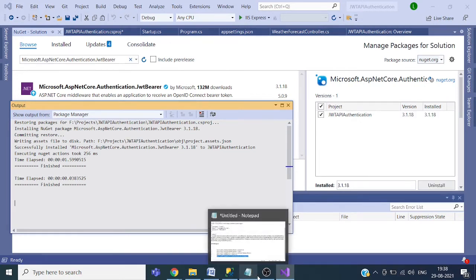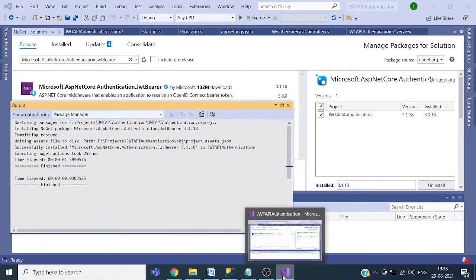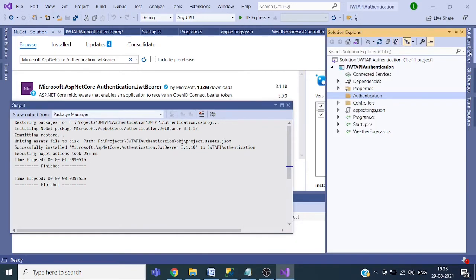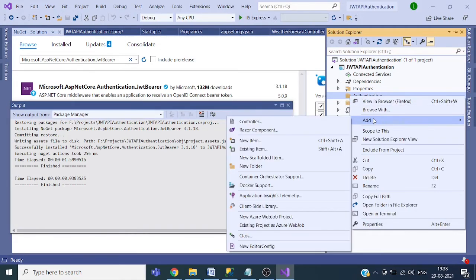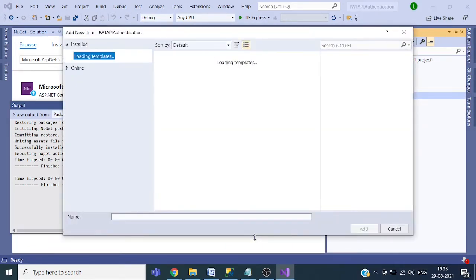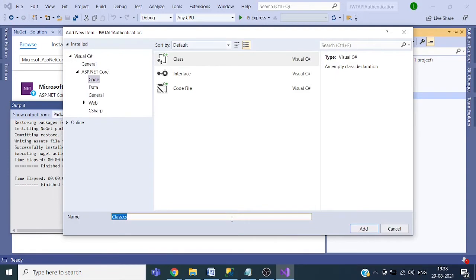Okay, so we have the packages installed, and I have added this Authentication folder. So right click here, add class. So we are going to add a class for ApplicationUser. The ApplicationUser class will represent the user which will log into the system.